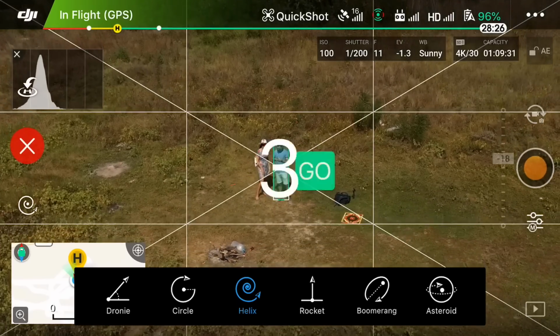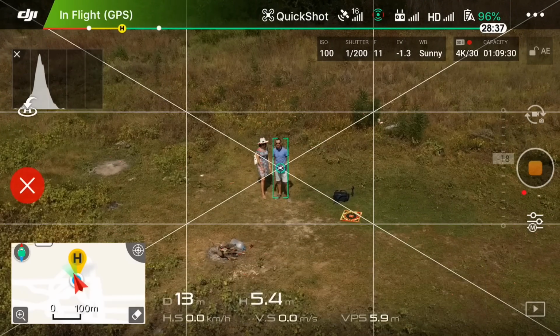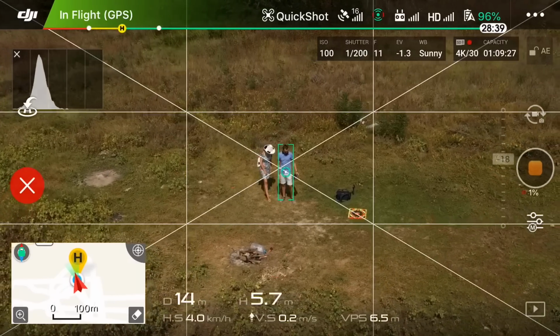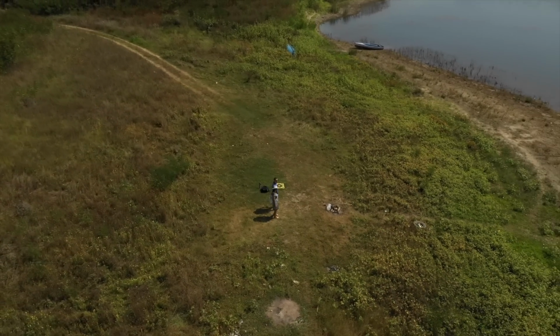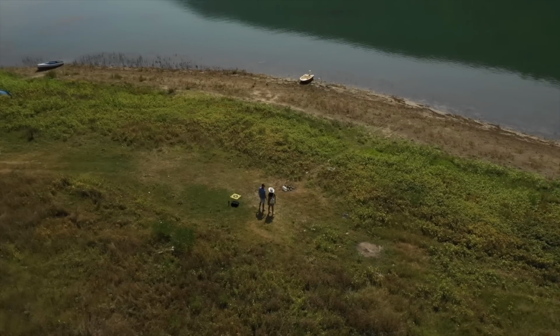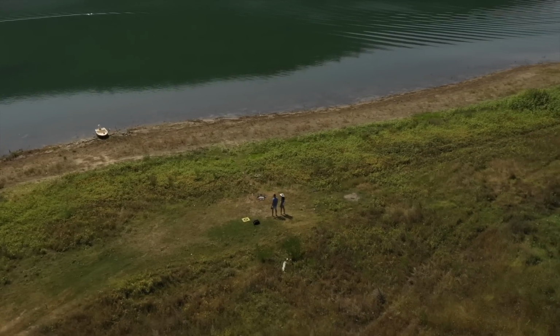In Helix, the drone creates an upward spiral movement around the object that you have selected, and it's quite nice. To be honest, Helix is one of my favorite quickshot modes to use because it's just a bit different. The drone goes up while rotating around the object that you have selected, and it's just a bit more interesting